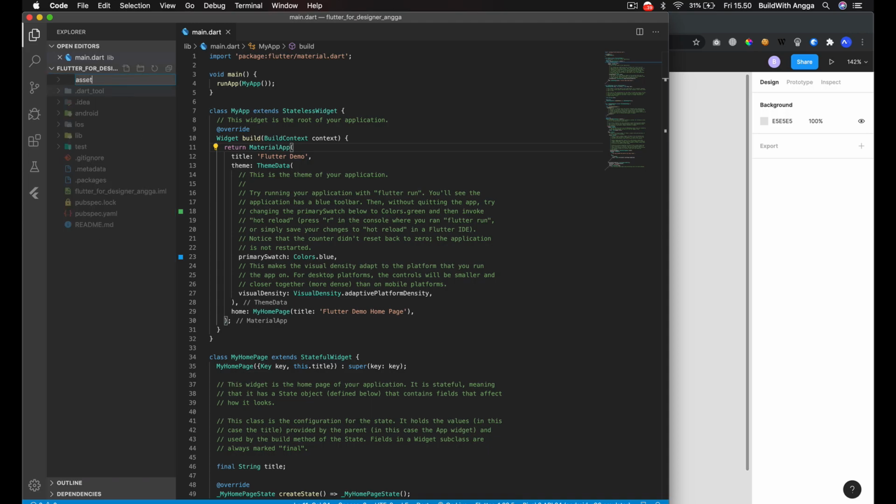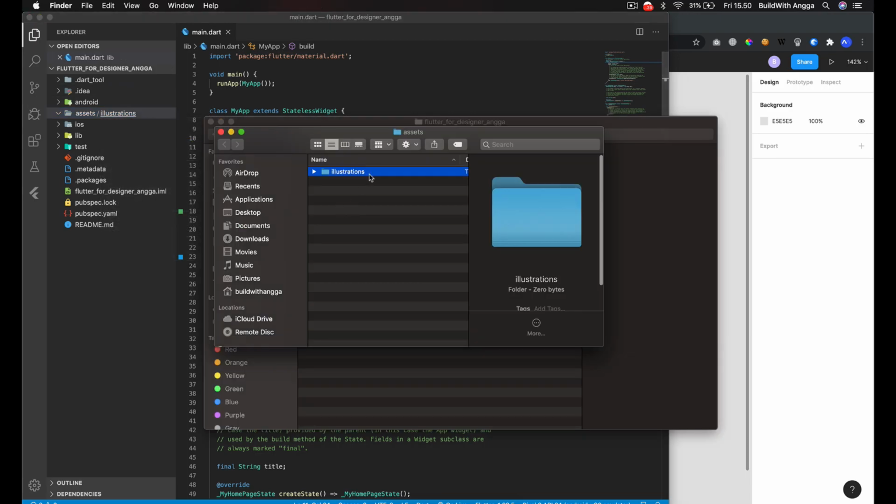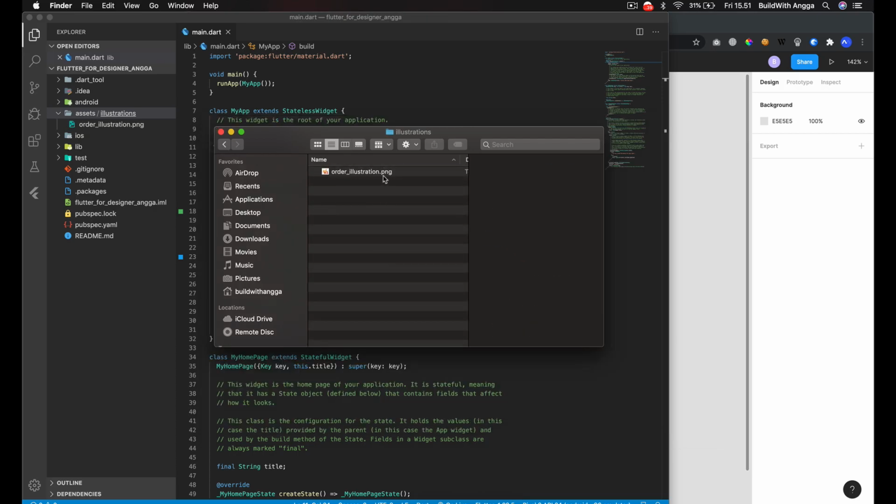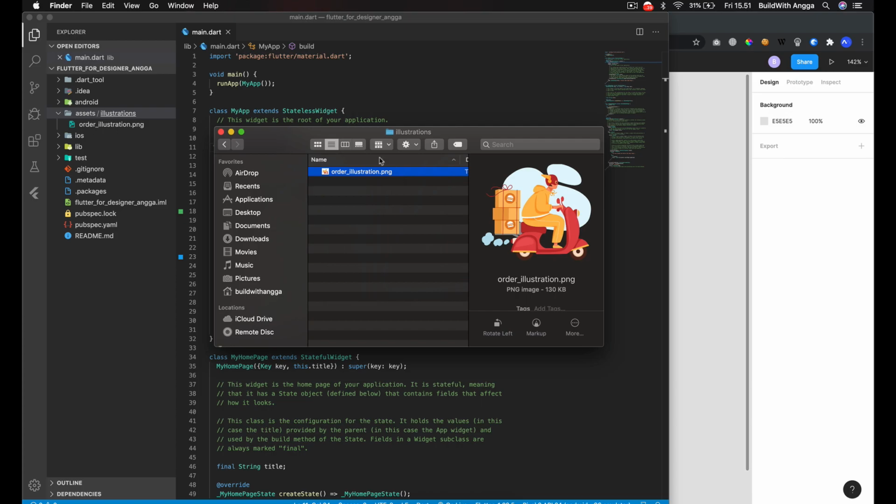We call it assets, right? Inside of this assets folder we have our images or illustration. I'm going with the illustration, and then you can reveal in Finder and put this illustration right here.